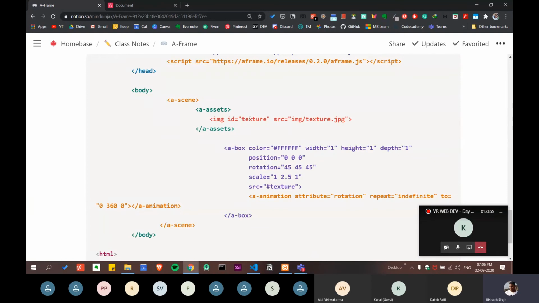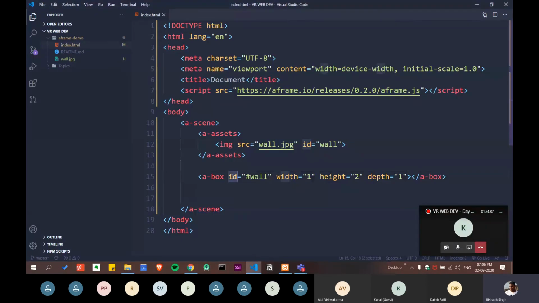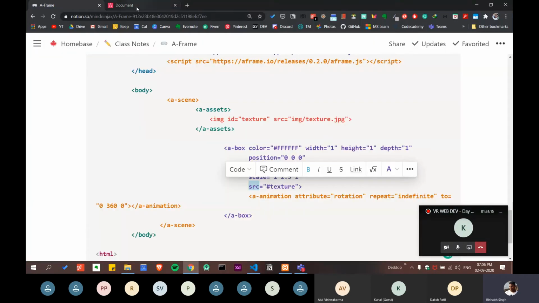Okay, here is the ID. What I did, I just used ID instead of SRC over here. Let me change it. Sorry for that. SRC. Now it should work. Let's go back to the document and refresh it.